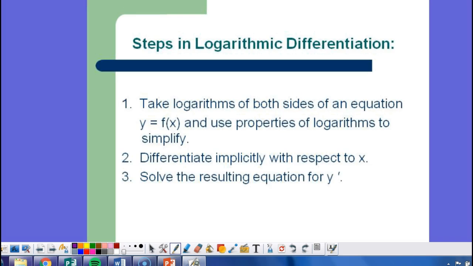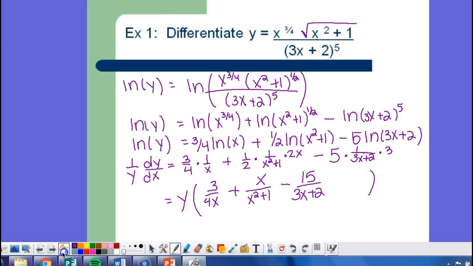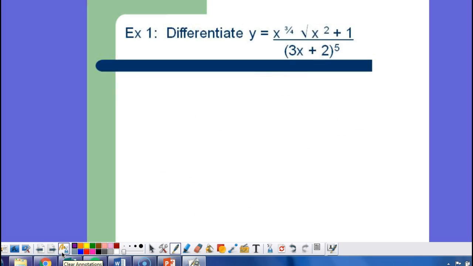Sometimes we'll have logs where we have to take the log of both sides to get the answer to the equation. And then we can actually use implicit differentiation, and that will give us our dy dx. So the easiest way to find these problems is where we have very complicated looking examples. In the case of number 1, you have x to the 3/4, the square root. You have all this craziness going on. So the idea is that rather than have to do a quotient rule with a product rule,